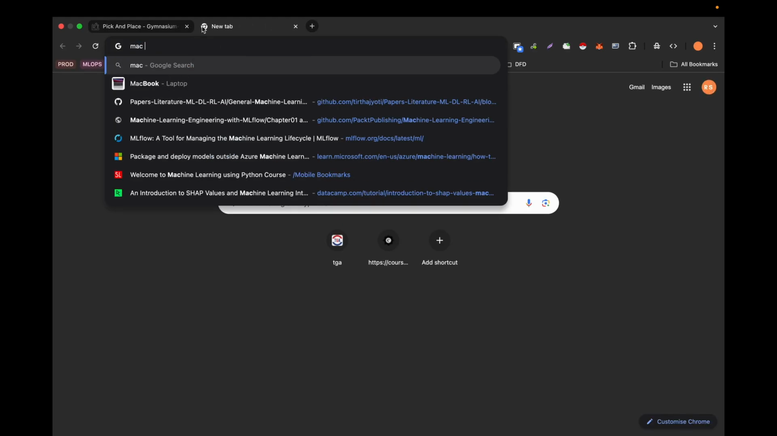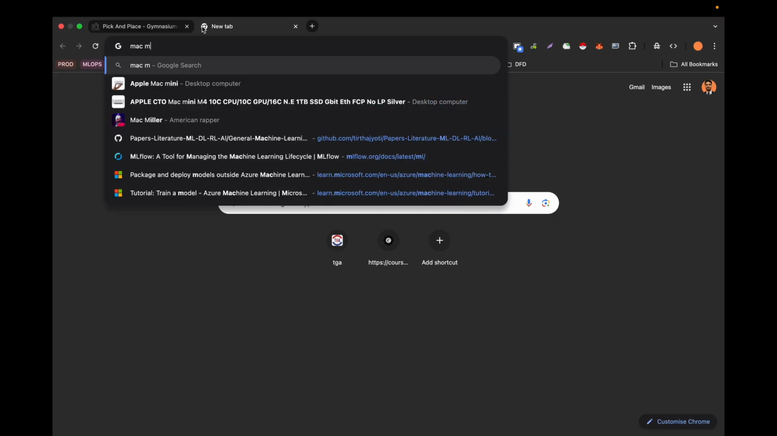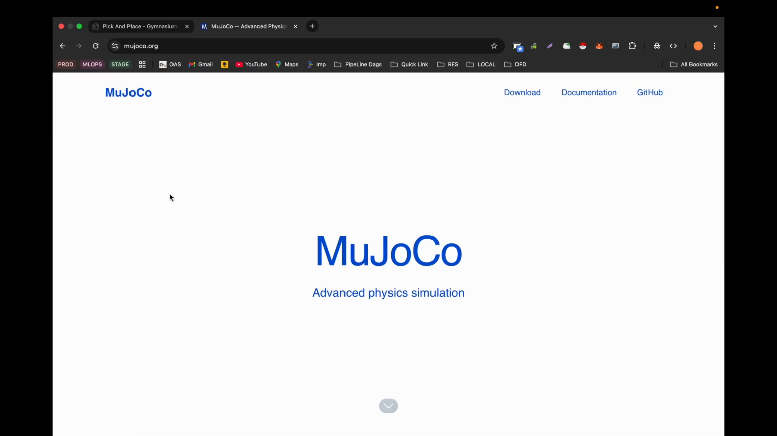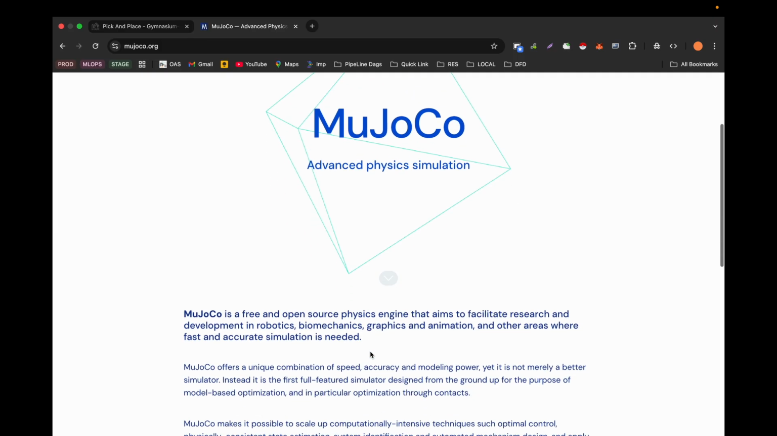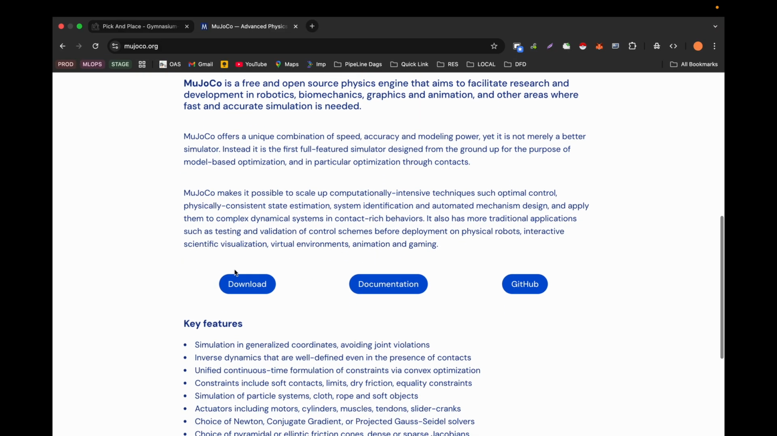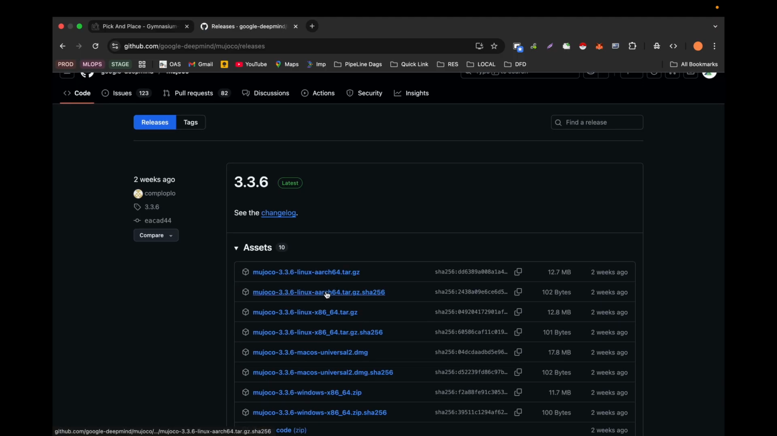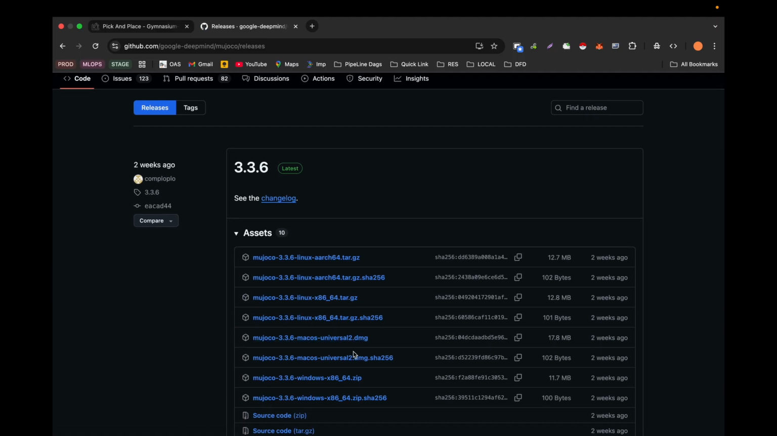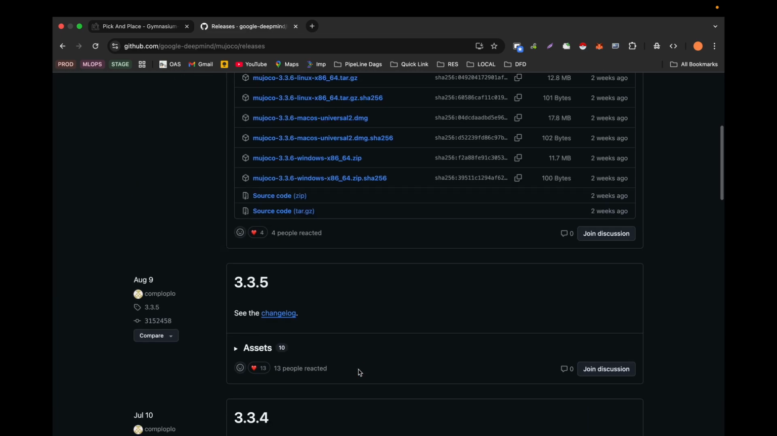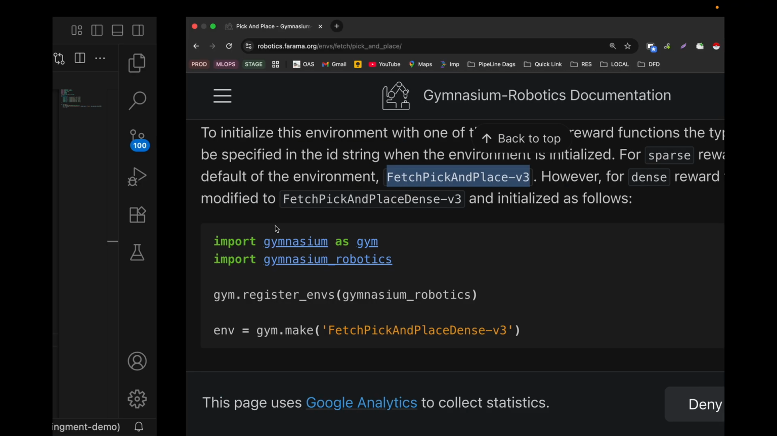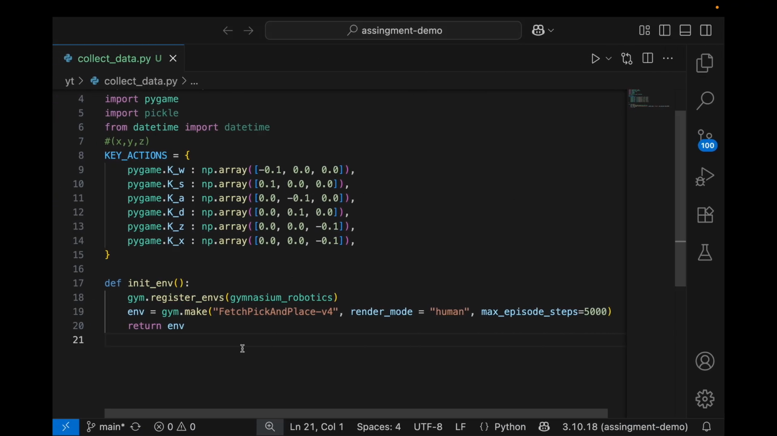For Mac, it's very straightforward. So you can come here, MuJoCo, Advanced Physics Simulations, and you can go to the download section and then download your required binaries based on Windows or Linux. You just need to download and extract it. So assuming that you have done this step, then we need to define the